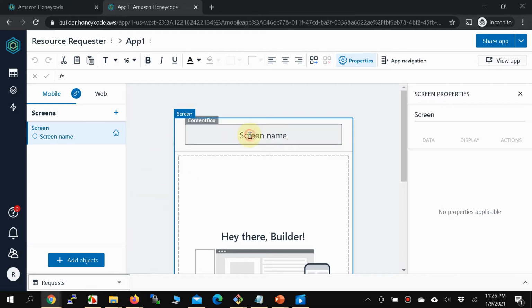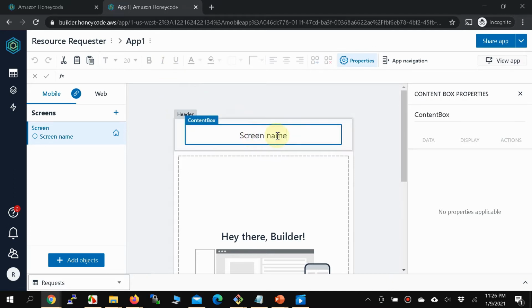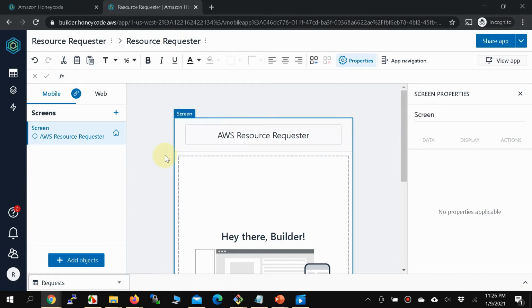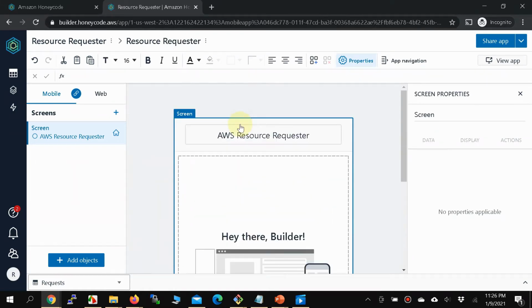So let me call this screen AWS resource requester, and maybe I should call the app resource requester also. Right, excellent. Maybe fix that. All right, excellent. All right, so now in this particular box or in this particular screen, this is the welcome